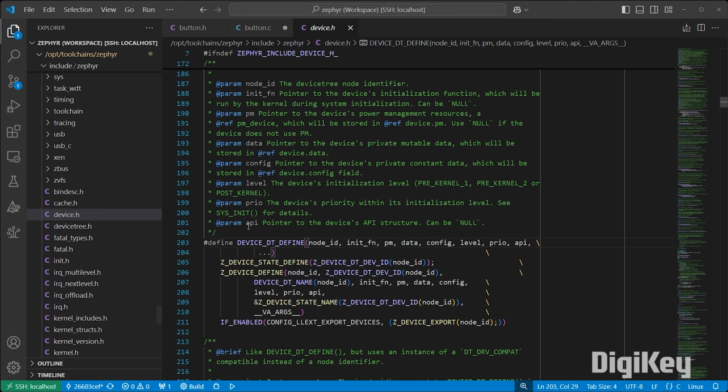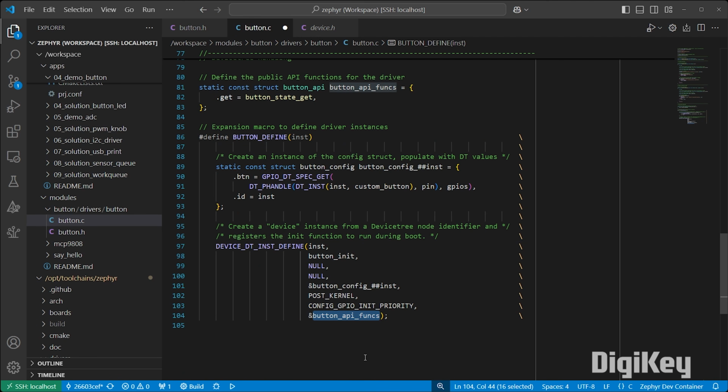And then finally, we have the API. This is a pointer to the device's API struct. You may not have any functions you want to call. This could just be a driver that holds data. But in our case, we want to be able to call some functions like getting that button state. We have the API functions here. We set that to one of the fields for that struct, and that whole struct gets passed in for this